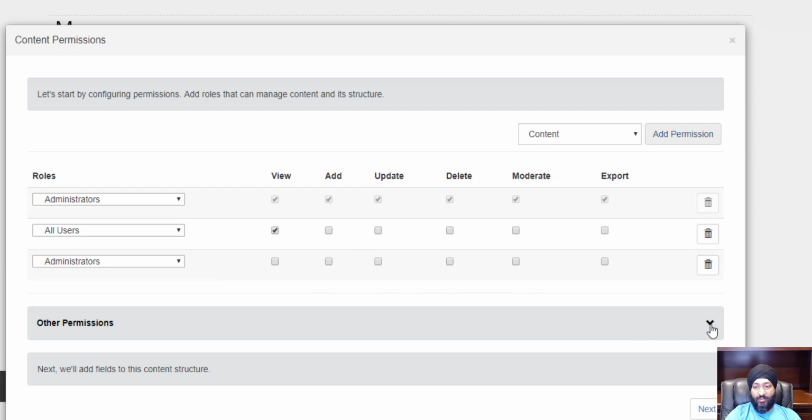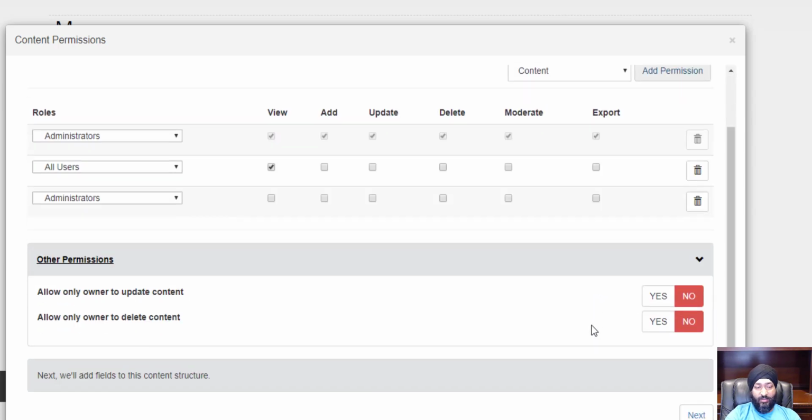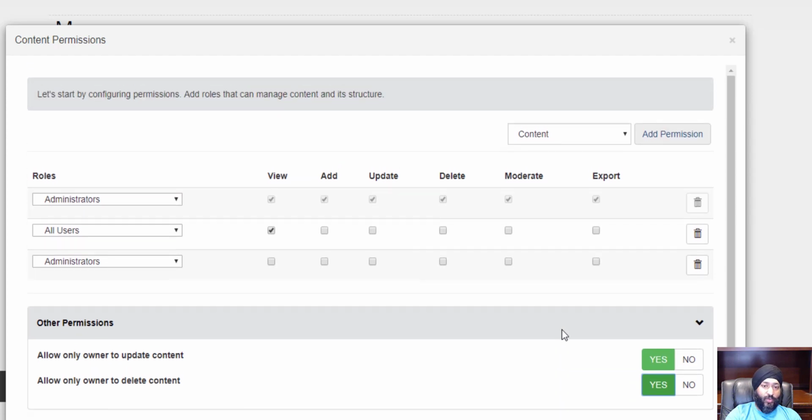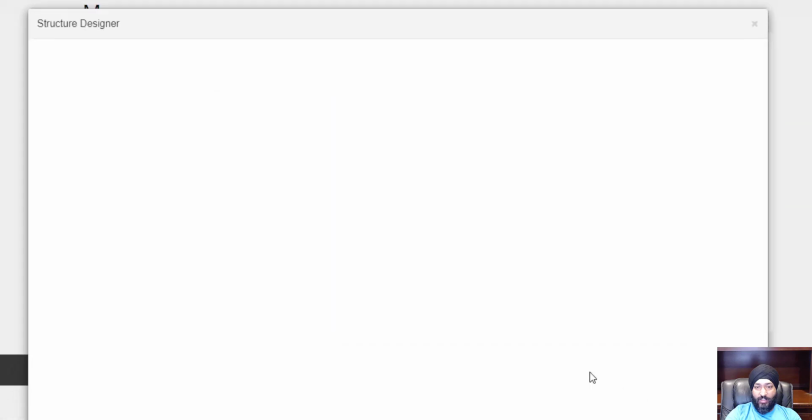Now, we have the option here called only allow the owner to update or delete content. This is extremely important for a site like Classifieds or eBay, or for this one, because you don't want anybody to be able to update somebody else's recipe. So if you toggle this to yes, which we will do now, only those who have created their own recipes can manage them. Alright, so now that we got permissions out of the way, let's go ahead and click add